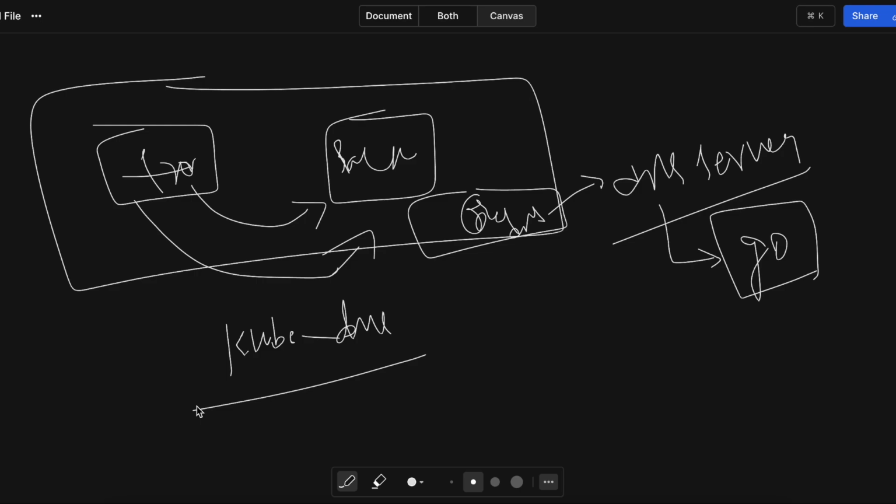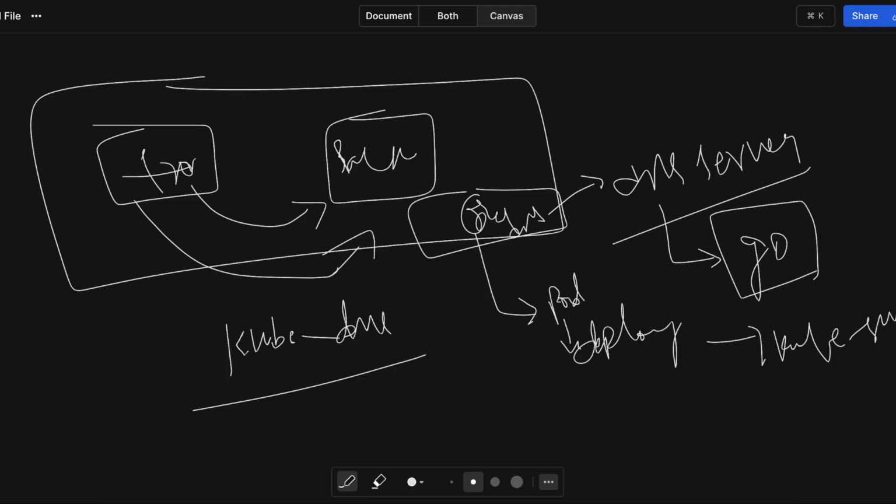Today, CoreDNS runs as a deployment in the kube-system namespace. So where will it run? It will run as a pod, managed by the deployment controller. It is like a deployment which will run in the kube-system namespace only. If you run kubectl get pods -n kube-system, you can see the CoreDNS